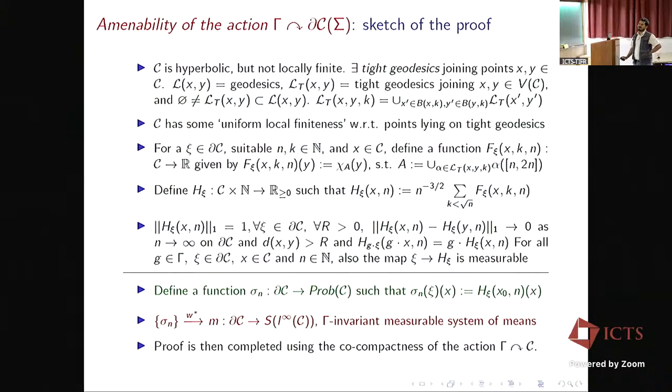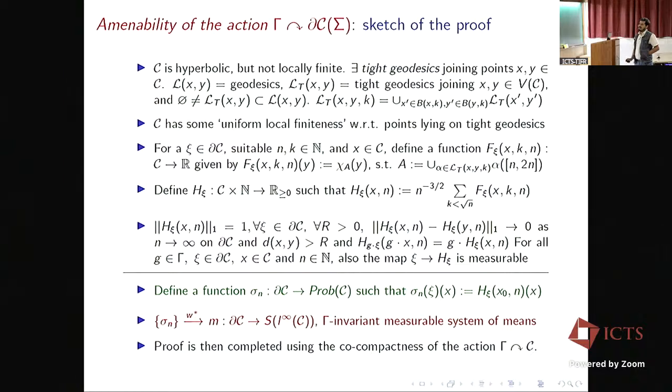So I have put many things under the carpet here, and tried to make it look similar to the definition I have given. There are many things here which I am not mentioning. But essentially what goes on is that you define these functions like this, and they have L1 norm 1. We can look at them as probability measures. They are invariant under this G action, and they satisfy this. These two things put together, we can think of as some asymptotic equivariance of these assignments.